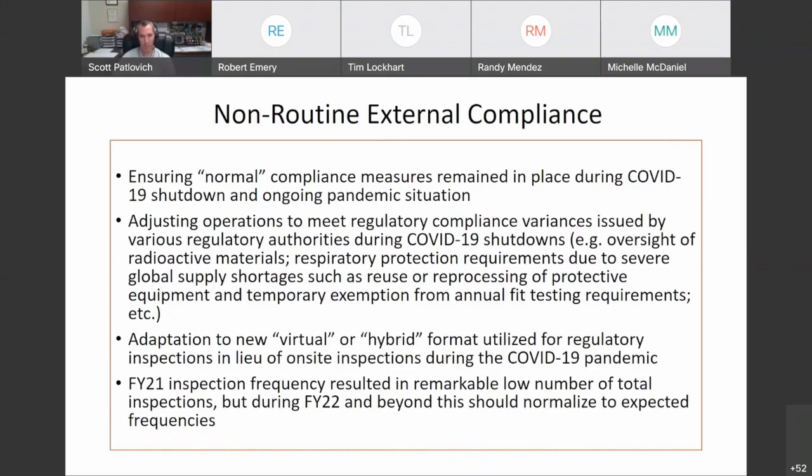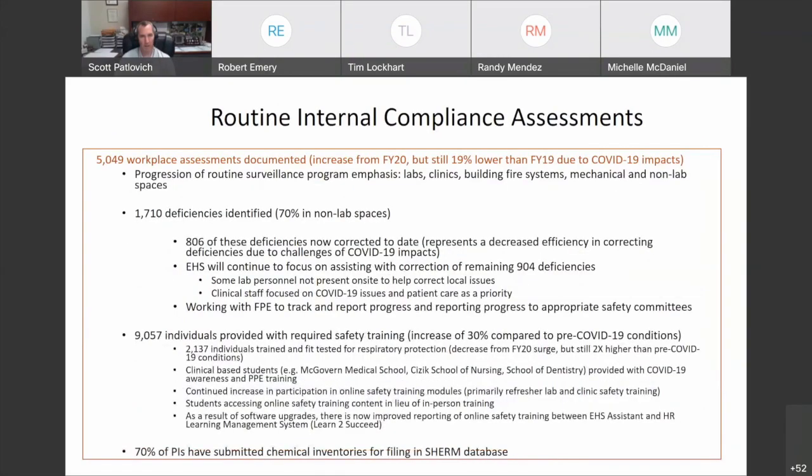Make sure you understand what the regulatory agency intends to do, what specifications they put into place for how to conduct the inspection in this new COVID world, because there may be differences to how they did this in years past. If they do come on site, they may want to know exactly what precautions you have in place for COVID-19, whether you require vaccinations or certain personal protective equipment or actions when they're on your campus. So make sure you convey all that information in advance of their visit if they're going to be on site.